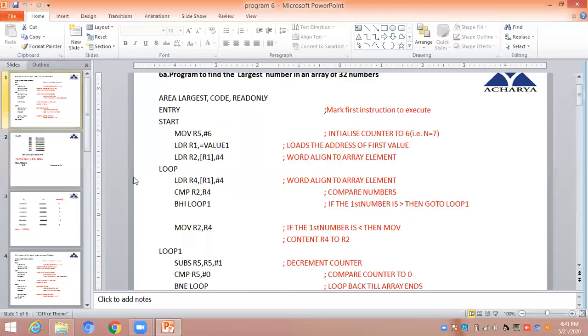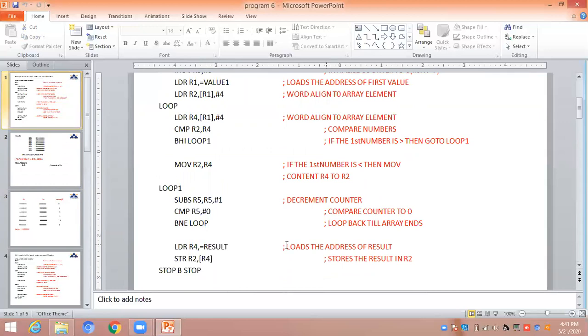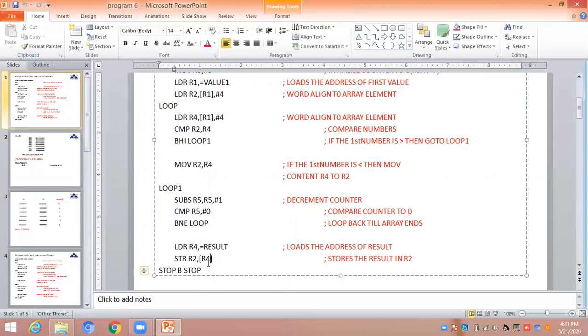Now what we can do, again we are storing that address into R4. So the address of this variable result will be stored in R4. Now to that particular address, we have to load the actual data. Where is the actual data?